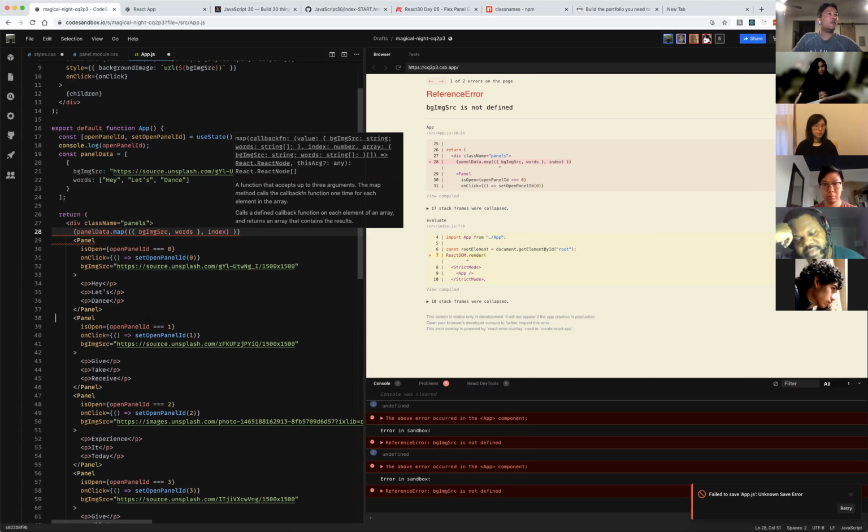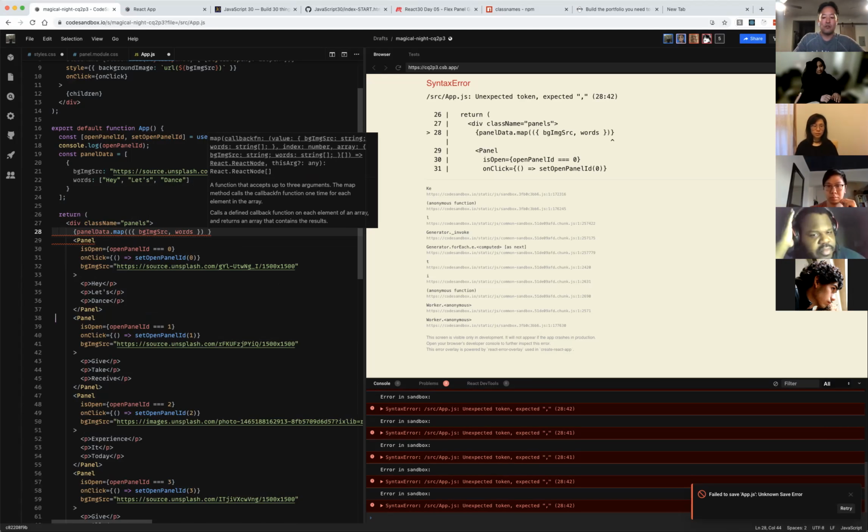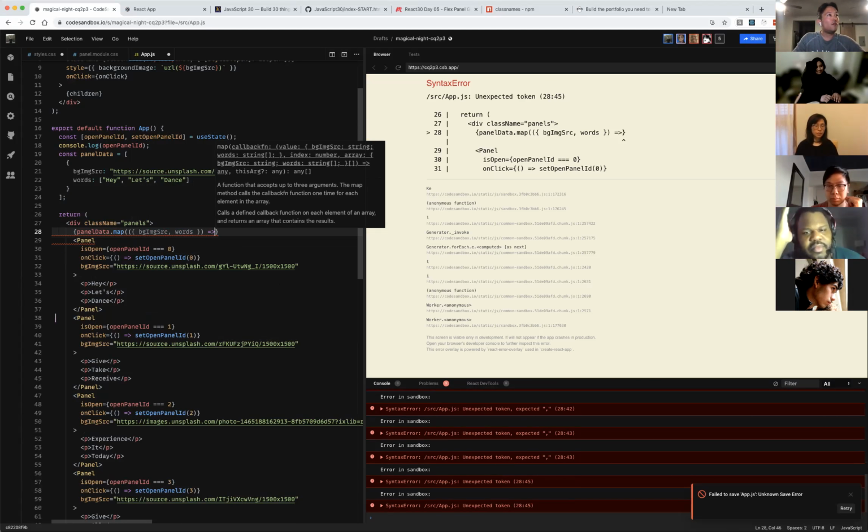Or you could even use the image source to keep track of which image you clicked. I don't know, there's a lot of different ways you could do it. So you could do something like this, and then you say,